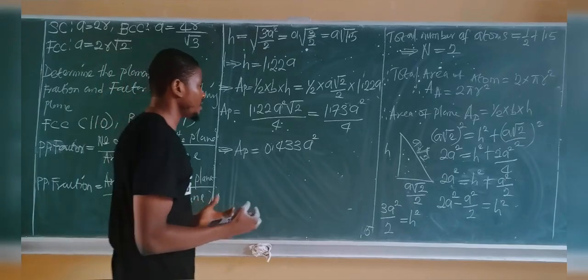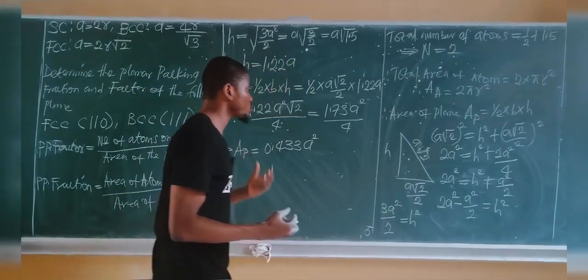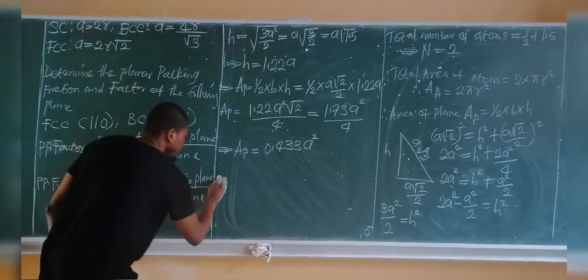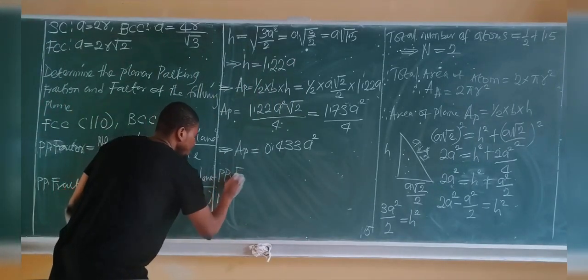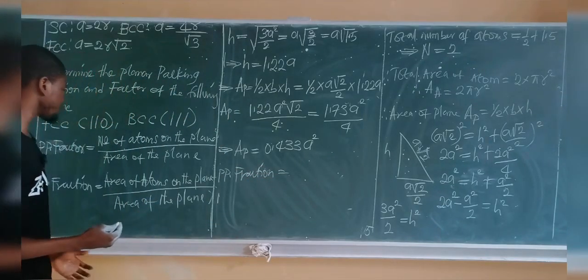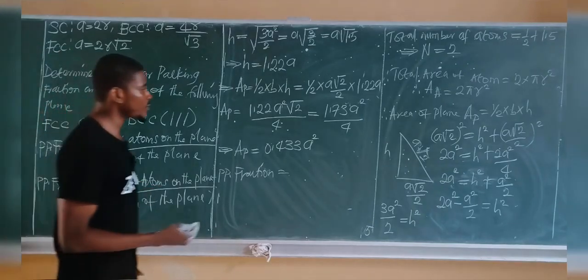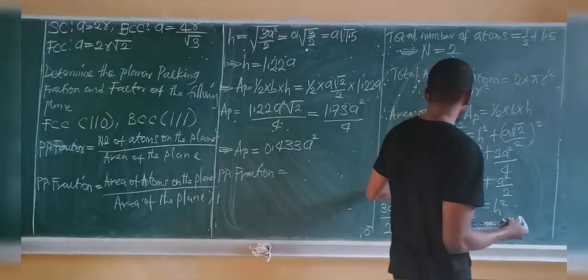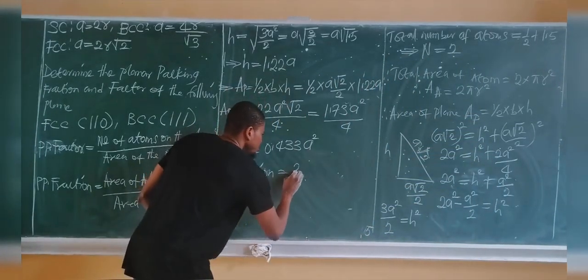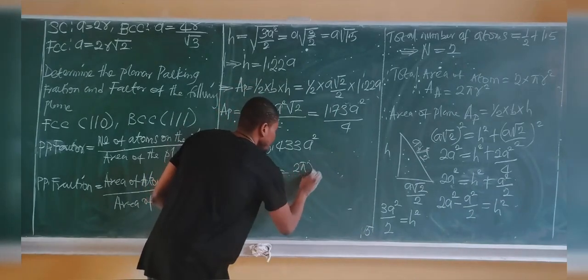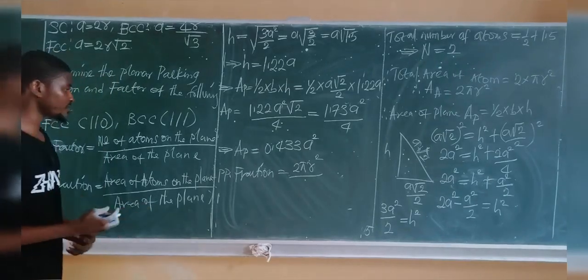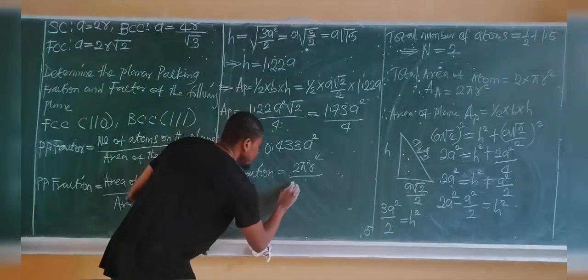Now we know the area of the plane, we know the area of the atom, we also know the number of atoms. We can now find the planar packing fraction. Planar packing fraction, okay, from the formula we said it is the total area of the atoms over the area of the plane, and we obtained the area of the atoms to be 2 pi r squared. So this becomes 2 pi r squared all over the area of the plane, and the plane itself is